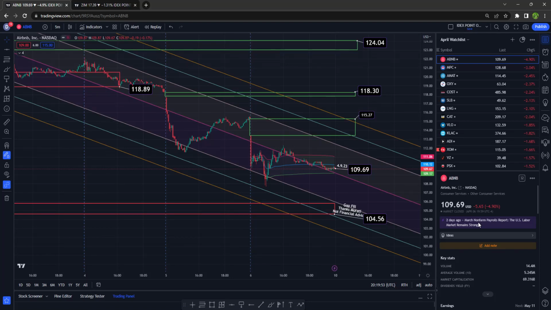This is a look at Airbnb on the 5-minute time frame. I'm going to show you the channel we are in for Monday. We ended the week at $109.69, down nearly 5%. To the north side takes us to VWAP, and that is